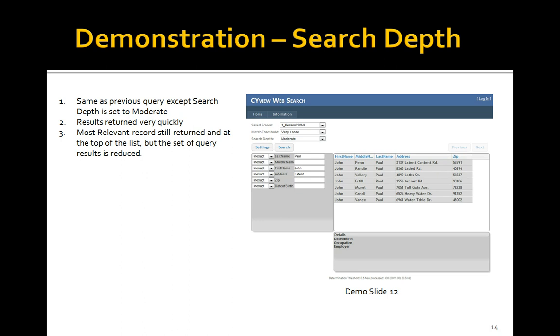The next slide is the same as slide 11. However, we have changed a setting called search depth. CyView has the ability to control how extensively the search software examines all the possibilities within the database. Here we've set the depth to moderate,